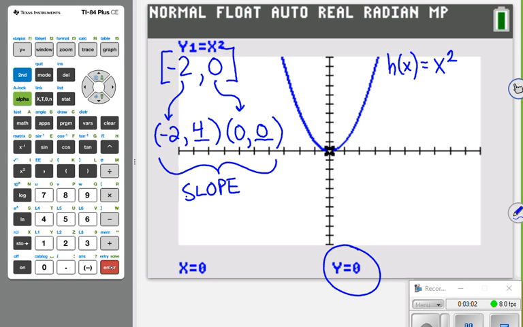So on my graph, and you can make a sketch on your paper if you want of this parabola, just like I have here. You want to darken in a point at -2, 4, and another one at 0, 0. And then if you have a straight edge or a steady hand, you can just connect the 2 dots. We want the slope of this line. That's the average rate of change for this function on this interval, -2 to 0. So we're going to find that slope, or the average rate of change,